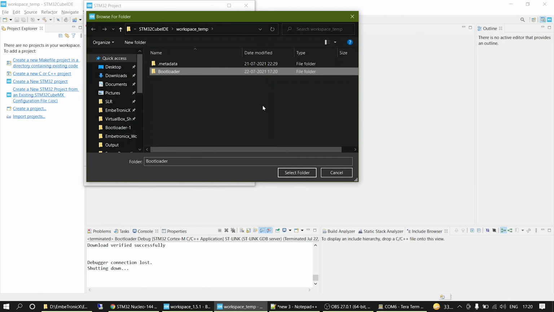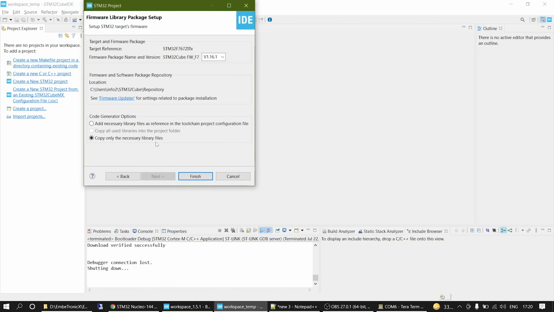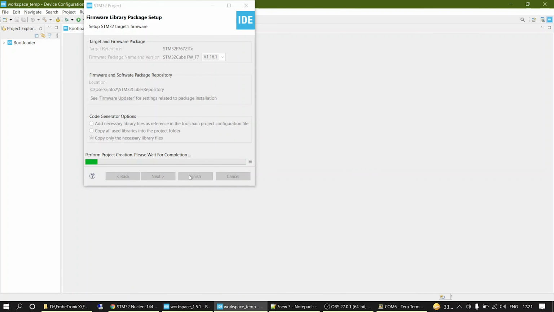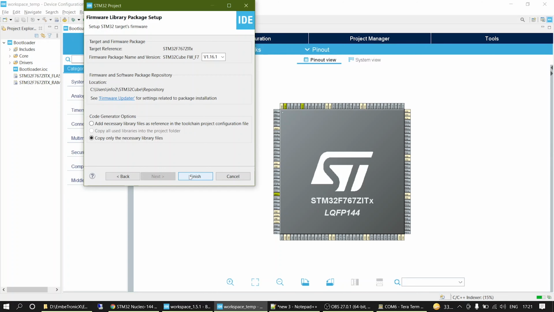Creating the bootloader project in the bootloader directory. Let's keep the default configuration and click Next. Then click Finish. Okay, it's done.